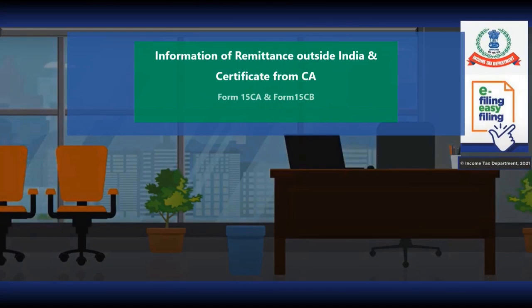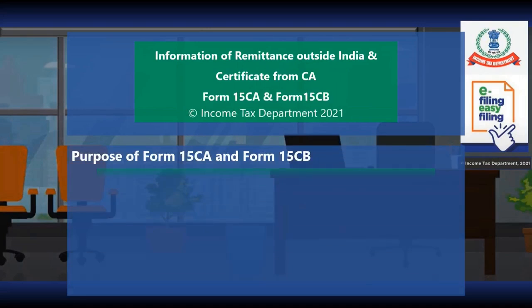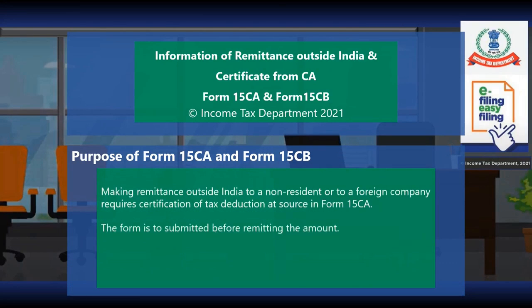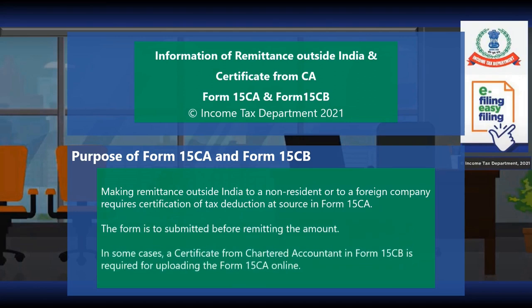Information of remittance outside India in Form 15CA and Form 15CB. Form 15CA is required to be submitted before making remittance outside India to a non-resident or to a foreign company. It is a certification of tax deduction at source which is required to be filed in Form 15CA. In some cases, the certificate from Chartered Accountant in Form 15CB is required to be filed along with Form 15CA